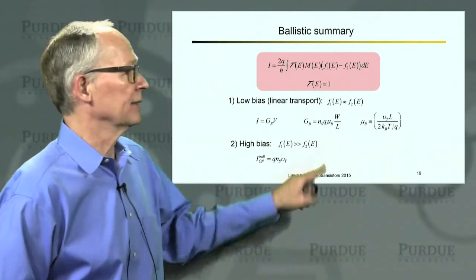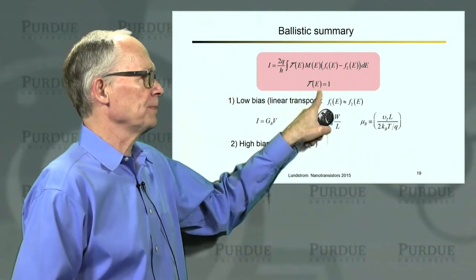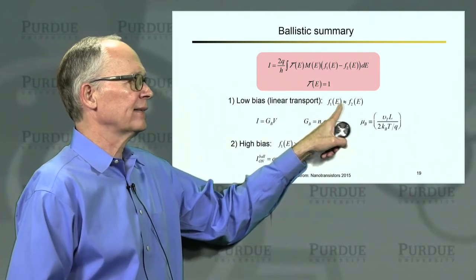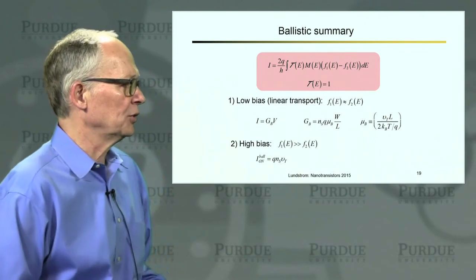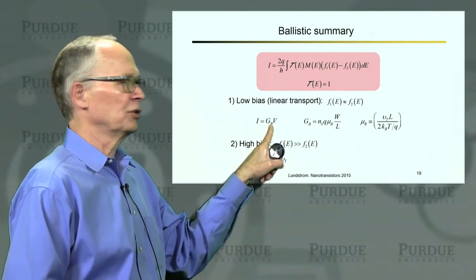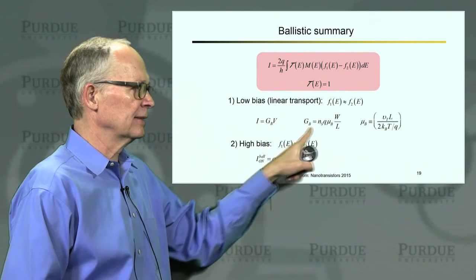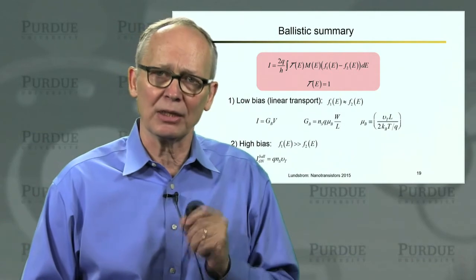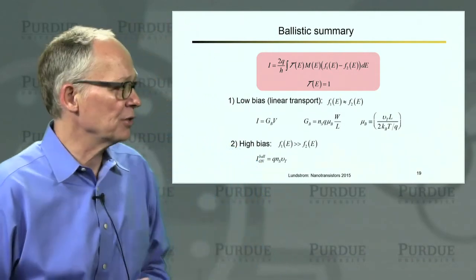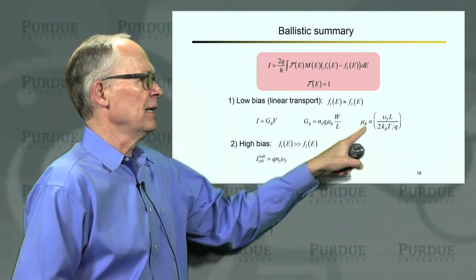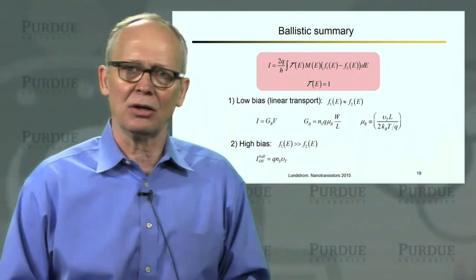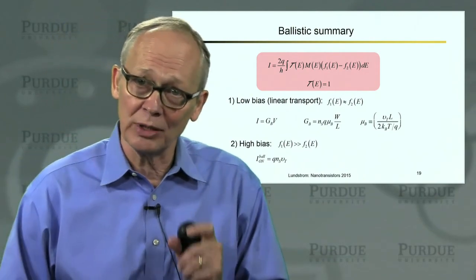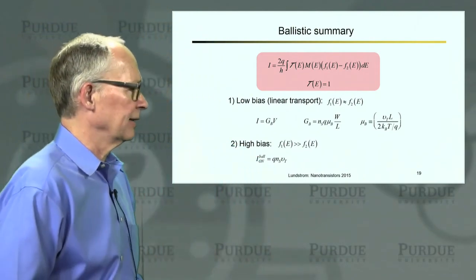These are the takeaway messages. We've been working with the current expression in the ballistic limit where the transmission is 1. We considered the low bias case where F1 is about equal to F2. We saw that current is proportional to voltage. G sub B is the ballistic conductance. The ballistic conductance, if we choose to do so, we can write it, we can make it look like the traditional diffusive expression, which varies as W over L. But to do that, we have to define this thing called a ballistic mobility, whose physical significance we have not yet discussed, but we will. And we'll come back to that in a later lecture.